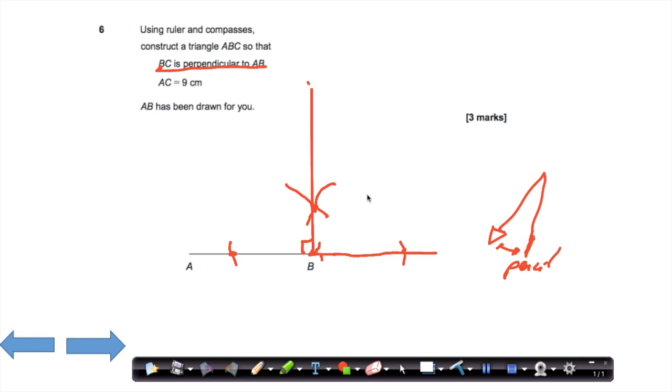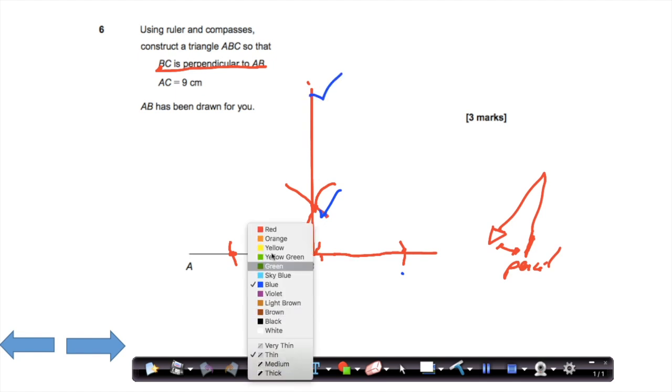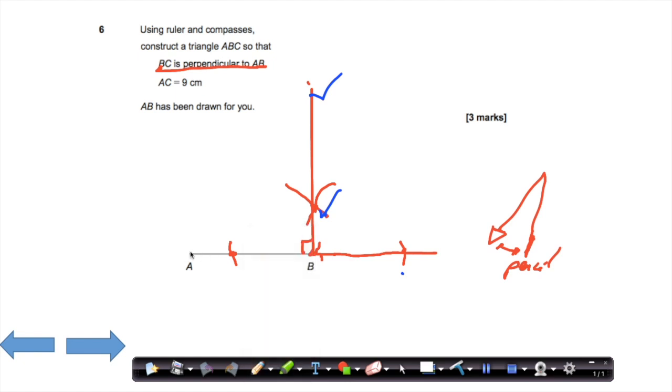That is worth 2 marks. So constructing the perpendicular, first of all, 1 mark is for the arcs extended and intersecting here, and then the second mark for extending that line all the way out. Your final mark is for putting your compass point